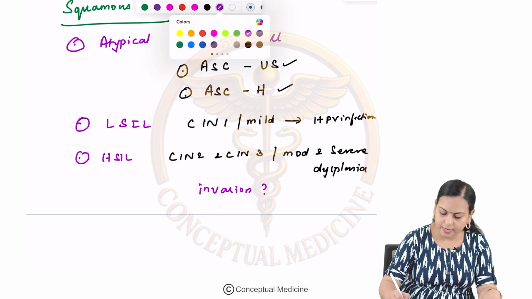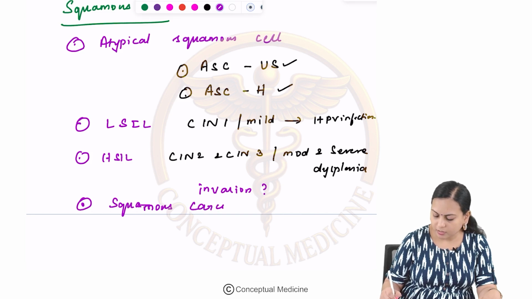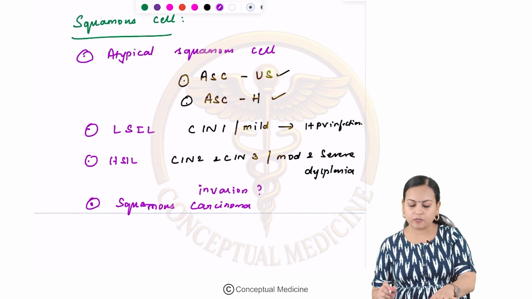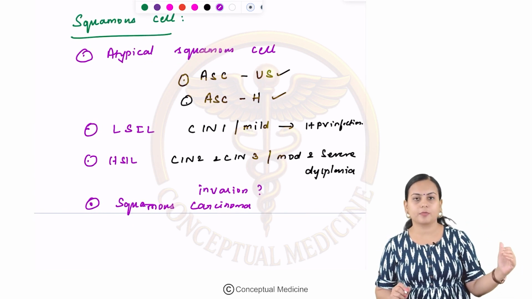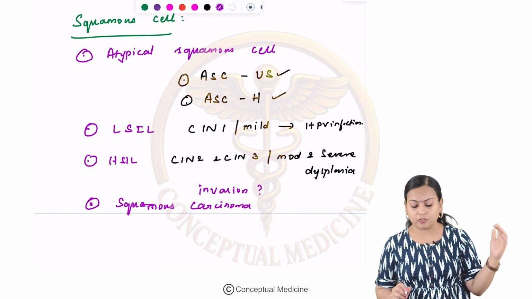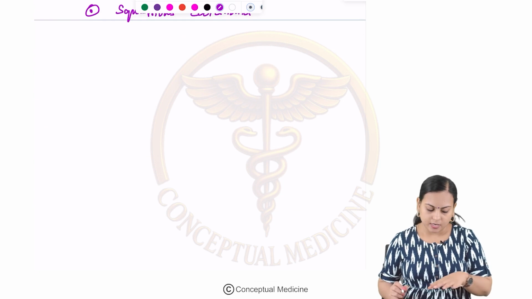And the final diagnosis they can give you is squamous carcinoma. Okay, so these are the possible diagnoses of examining a squamous cell. It can be atypical squamous cell which can be of undetermined significance, or one where HSIL cannot be ruled out, or it can be LSIL, or it can be HSIL, or it can be a squamous carcinoma. Clear? Right. Now coming to the